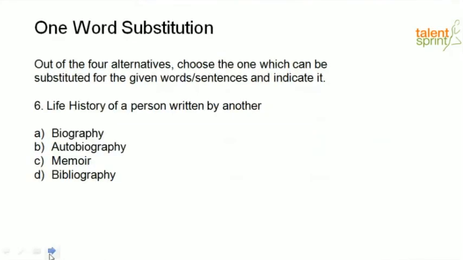Next question, life history of a person written by another. This is an easy one, right? There's no need for you to get confused, but just in case you are still confused, right? We have a Greek root word. Can somebody quickly point it out if anybody knows it? So the Greek root word is bio, which means life. Yeah, Pavitra has again come back and given option B. So what you need to understand is life history of a person written by another. Pay attention to the context, right? The phrase says written by another.